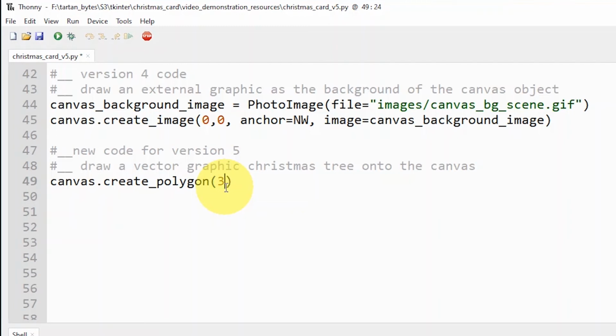And we're going to provide the coordinates which we worked out on our design earlier. So 340 is the first x coordinate by 230. Then I'm going to leave a space there to separate these coordinates out. 290 is the next vertex x coordinate by 310. Then 390 by 315. And we'll put a fill in, and we'll use the variable Christmas green